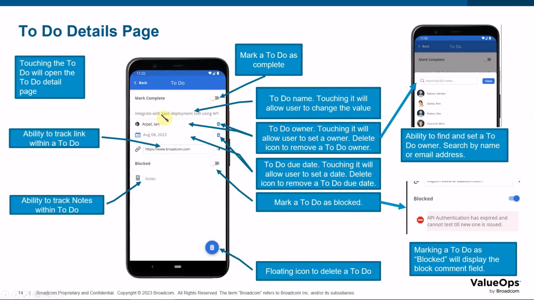Right below that will be the name of the to-do, where they can touch on it to edit the to-do name. Below that is the owner of that to-do, and we will display the avatar along with the full name of the owner. Touching on that owner will allow the user to change the owner of that to-do. Just touching on it will display this flyout, and the same thing, they can search the new owner by either name or email address, or